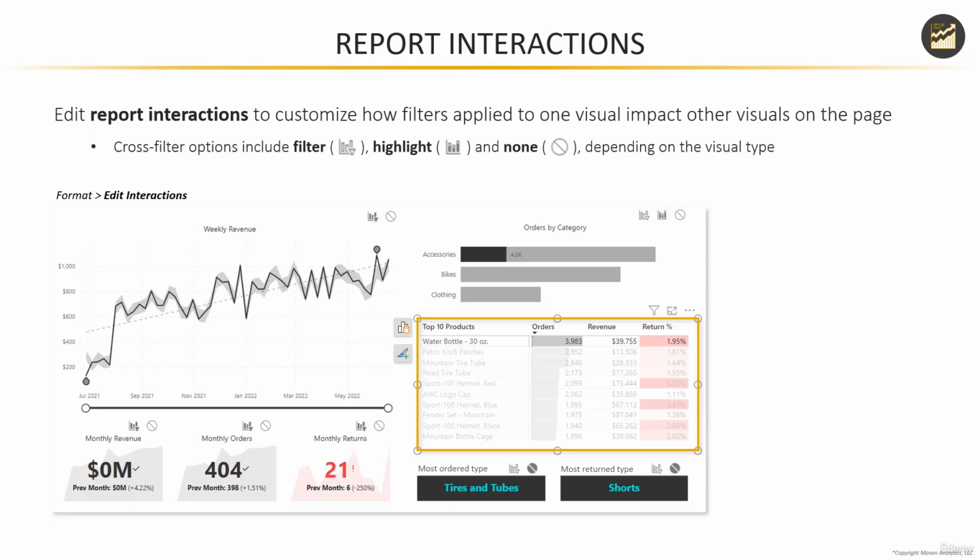There are a few different types, including Filter, which looks like a bar chart with a filter icon, Highlight, and None. Now you may see some or all of these options depending on the visual type. So what we're looking at here in this example, we're editing interactions from the matrix visual. In other words, configuring exactly what happens when we apply filter context to that matrix, like by selecting a specific